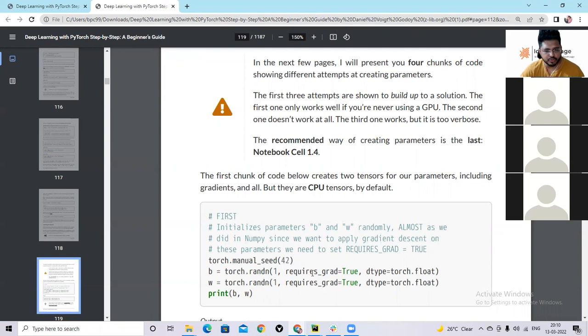If it is true, then the library PyTorch will set a flag that b and w are learnable parameters, and then automatic gradient calculation will happen for them.